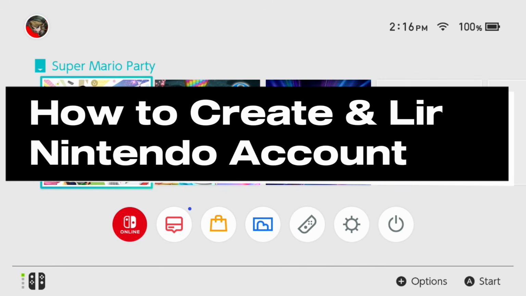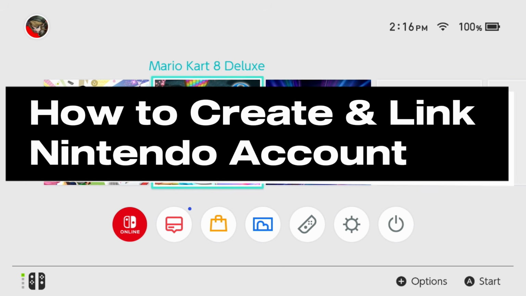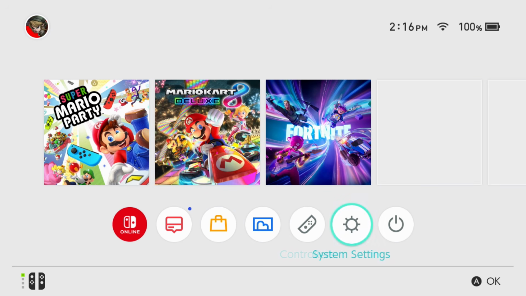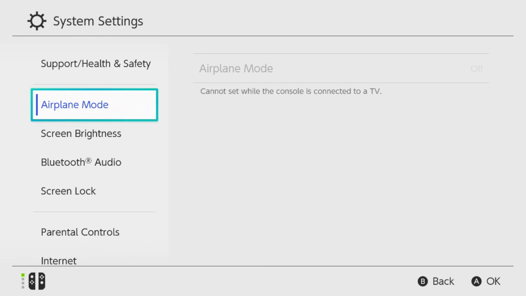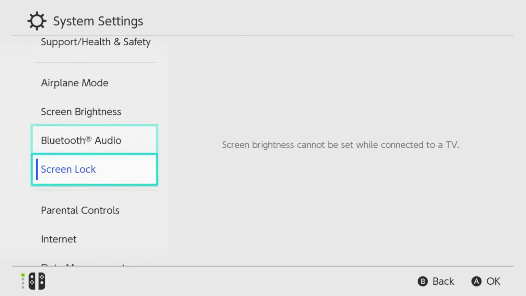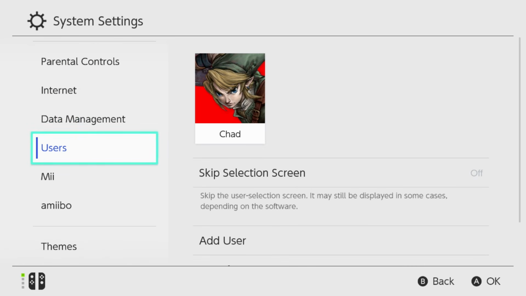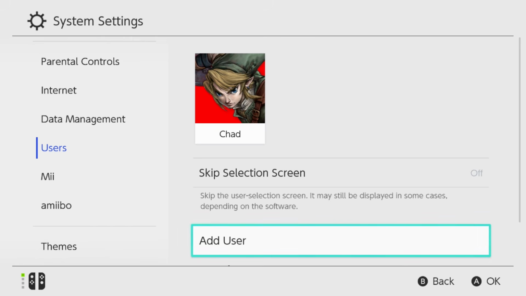In this guide, I'll show you how to create and link a Nintendo account to your Nintendo Switch. So the first thing you want to do is go to System Settings in the bottom right corner. Then on the left sidebar, scroll down to Users, and we're going to scroll over and scroll down and select